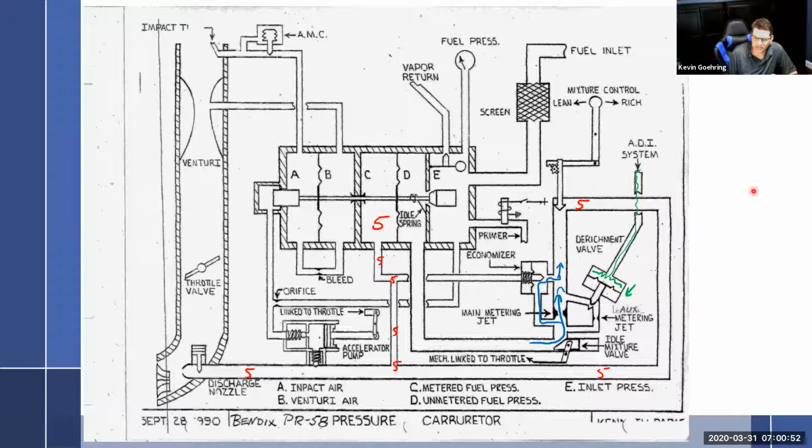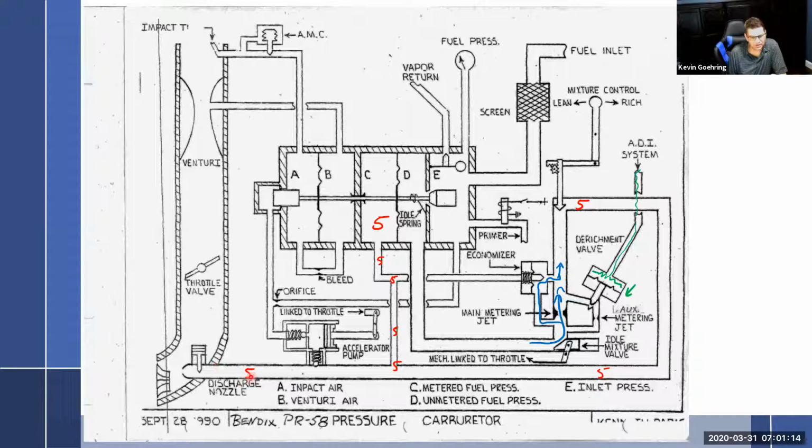Now later in the system, and it doesn't show it here on this drawing at all, you've got this water injection. We'll say it's over here. It's injecting water at a different location. But we just had to lean out the carb. So we lean out the carburetor, and here's our manual mixture control, which you understand, comes around here. Here's my pressure relief valve, discharge nozzle.